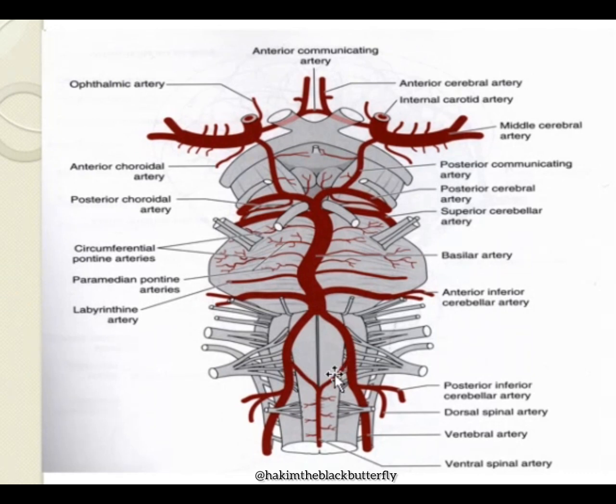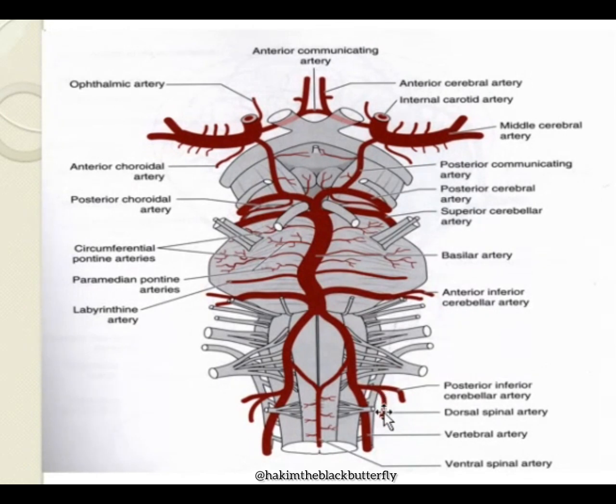So these two branches will come and then they will meet at the median fissure. And then when they meet, they are going to form what you call the ventral. You can replace the word ventral with anterior. Ventral spinal artery. The ventral spinal artery is going to supply the anterior aspect of the medulla oblongata and spinal cord,